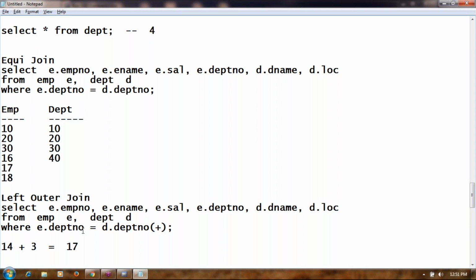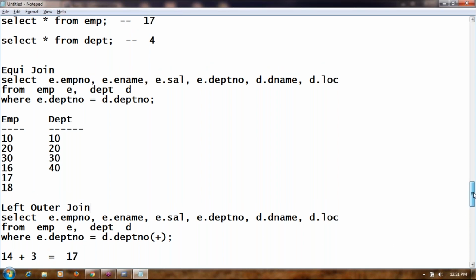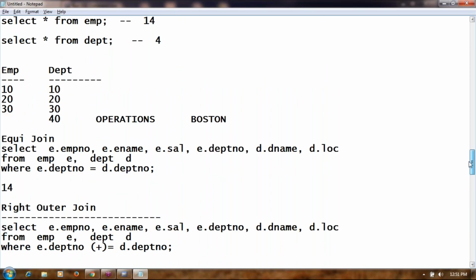Is this clear? Okay. I repeat one more time. I will give you clarity on where to use the plus symbol and when to use it. The most important thing is whether to use the plus symbol towards the left side or the right side. Scenario 1, case 1. Come back to the previous example. Jamal, in case 1, employee table is having 14 records, 3 distinct departments. Department table is having 4 distinct values.